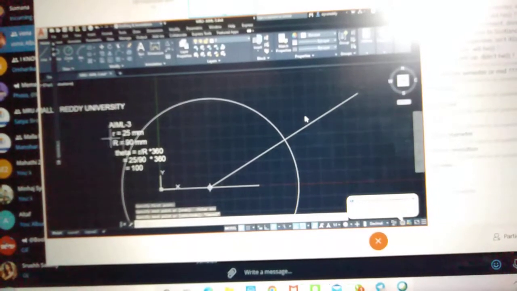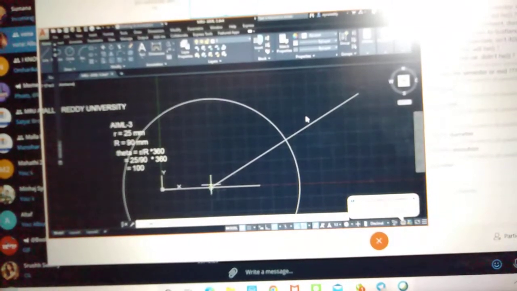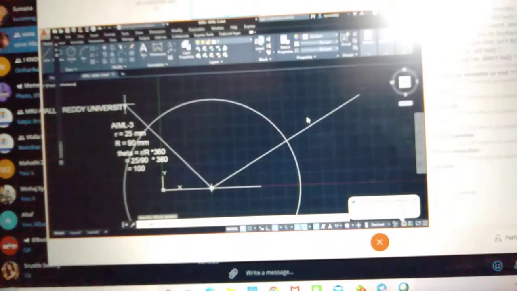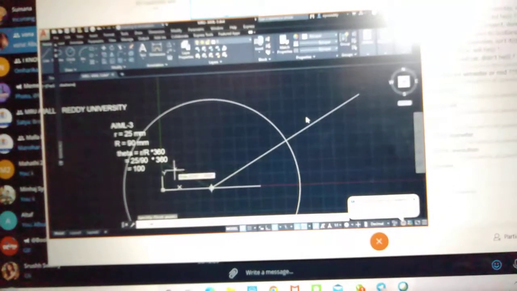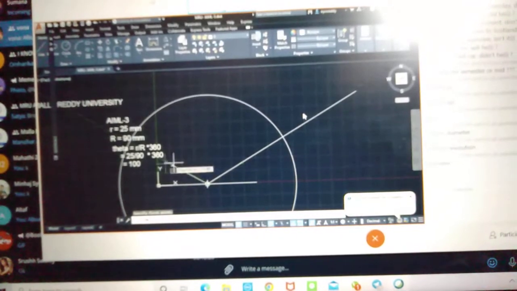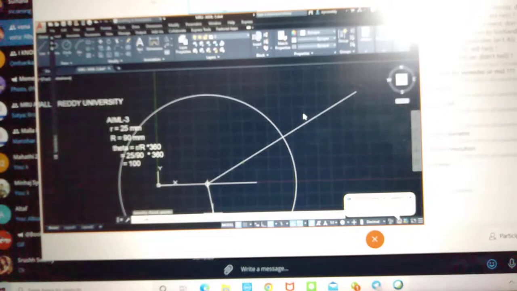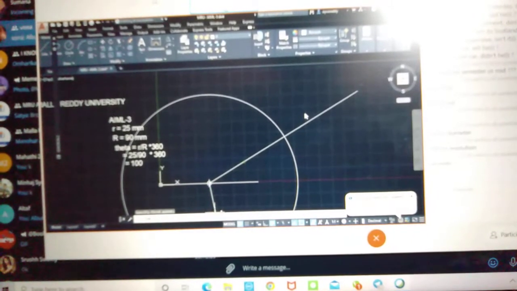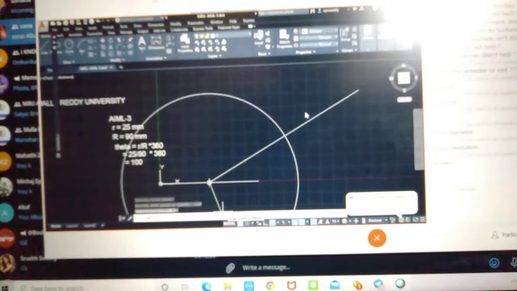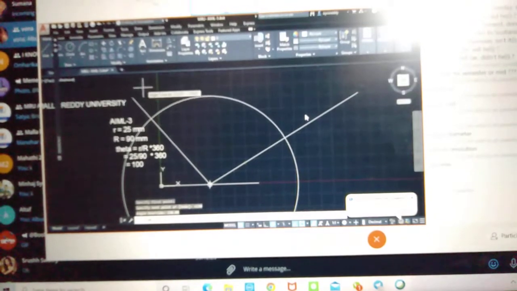Later, we are going to draw another line from this point, which makes an angle of 100 degrees in between this line and this line. From this line onwards, it is for 130 degrees. What I'm going to do is write here less than 130 degrees. Now simply see here.